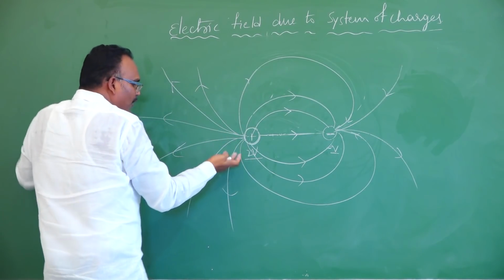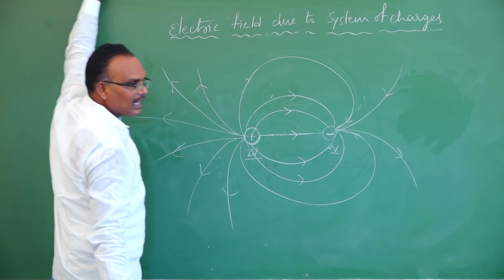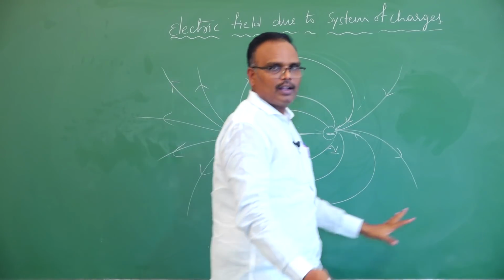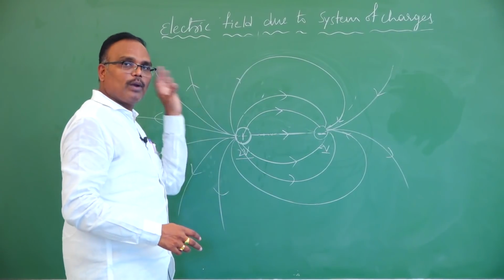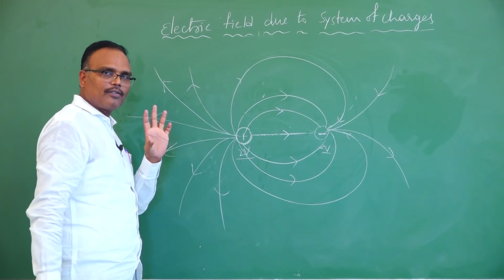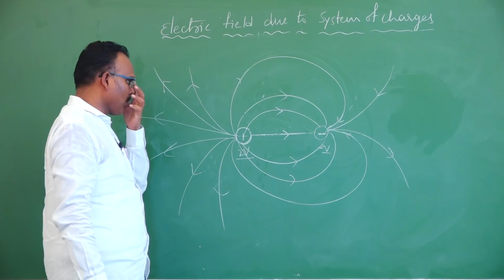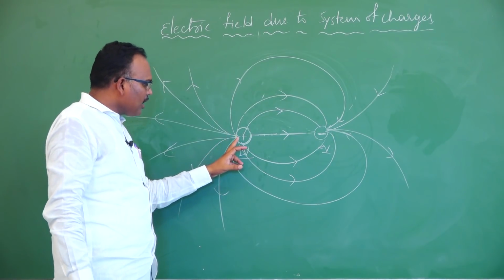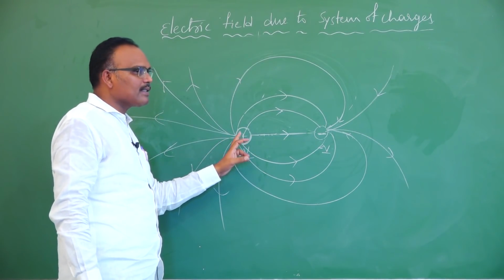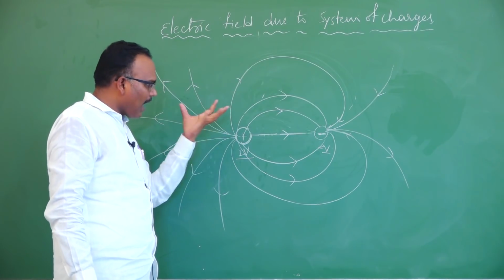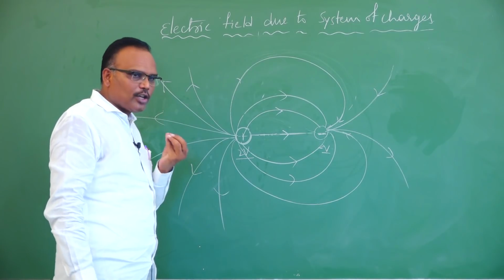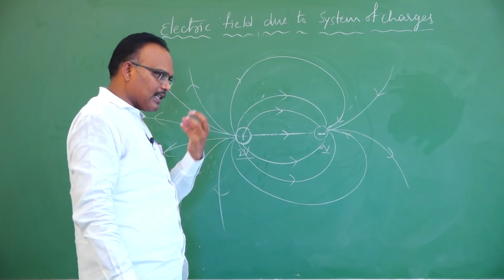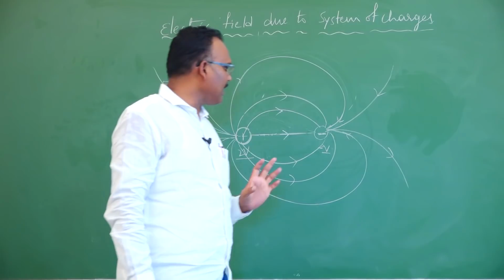The remaining n field lines will search for where the negative charge is, and they will go there and end on that negative charge. This you have to remember, that is important. If the magnitude of one charge is more, it produces or receives more field lines. A charge of lesser magnitude produces or receives fewer field lines.